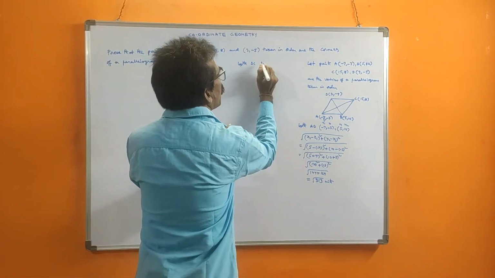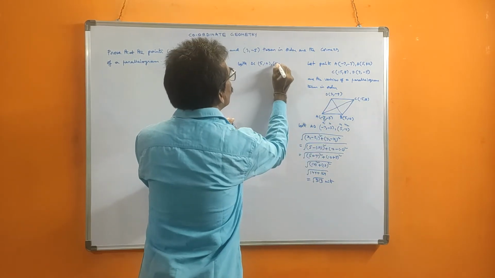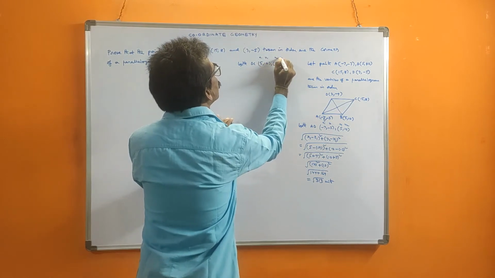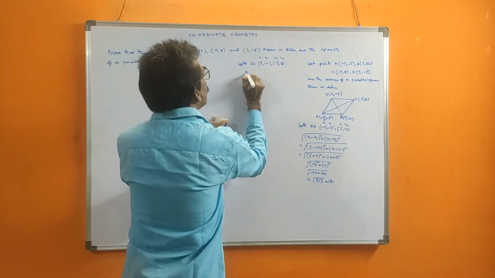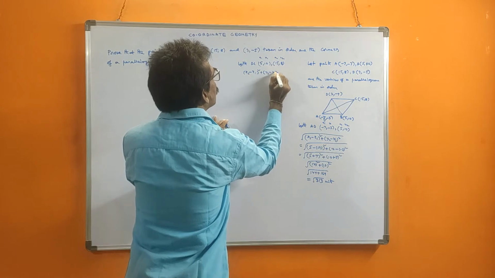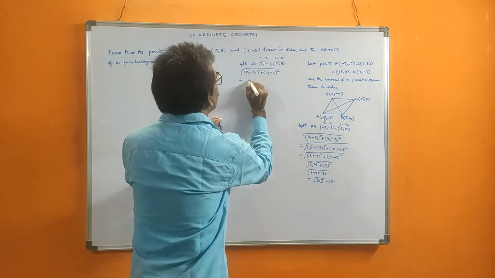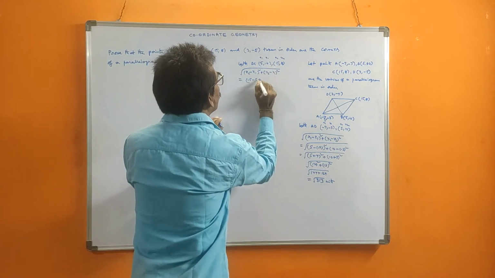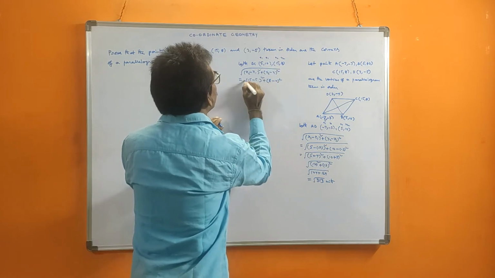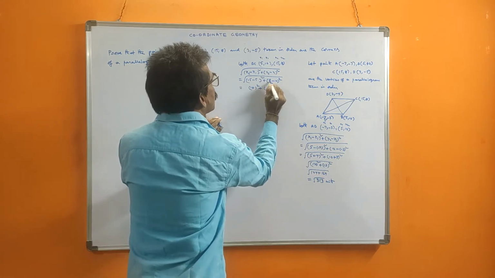AB, BC. Points, right? B is (5, 10) and C is (15, 8). This is x1, y1, x2, y2. Now, the distance is the square root of (x2 minus x1) whole square plus (y2 minus y1) whole square. x2 is 15 minus x1 is 5, whole square, plus y2 is 8 minus y1 is 10, whole square, under root. Now this is 10 whole square plus this is